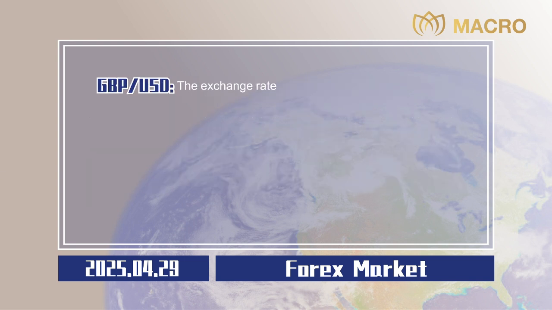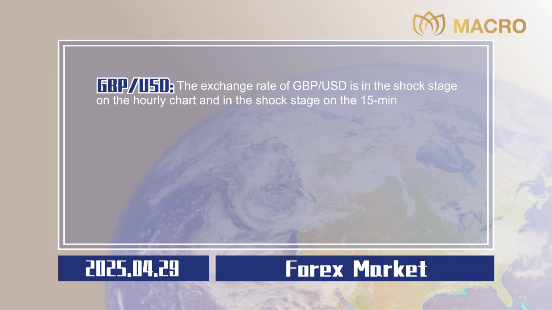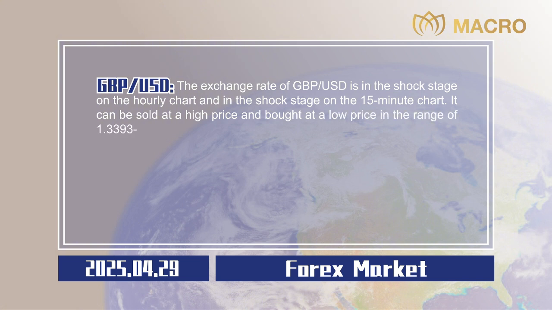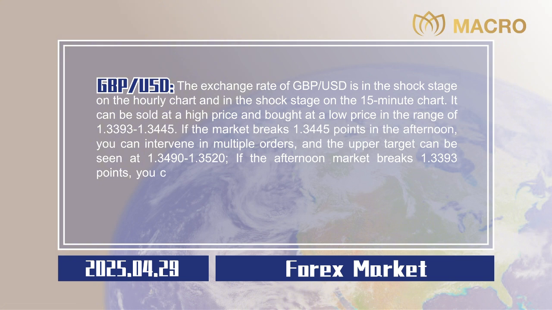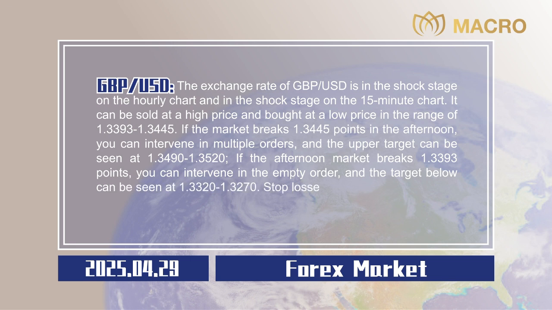Pound sterling to US dollar. The pound sterling to US dollar exchange rate is in a consolidation stage on the hourly chart and on the 15-minute chart. It can be sold high and bought low in the range of 1.3393 to 1.3445. If the market breaks 1.3445 in the afternoon, you can enter long orders, and the upper target can be seen at 1.3490 to 1.3520. If the afternoon market breaks 1.3393, you can enter short orders, and the lower target can be seen at 1.3320 to 1.3270. Stop losses are all 20 points,